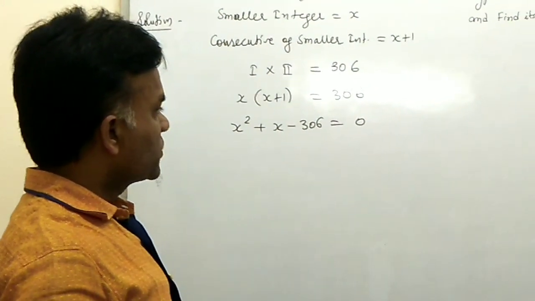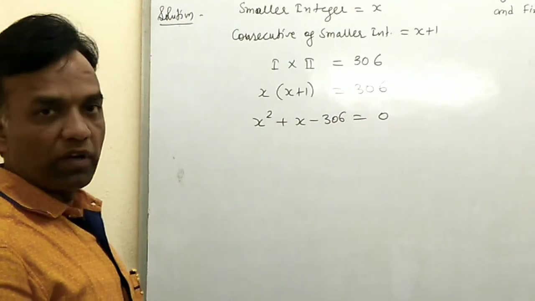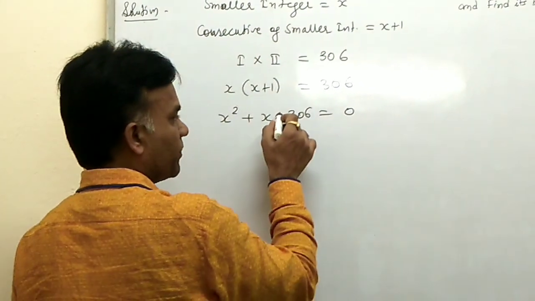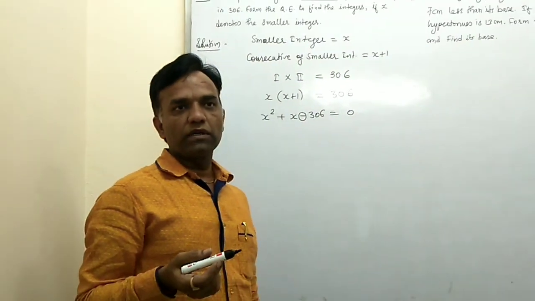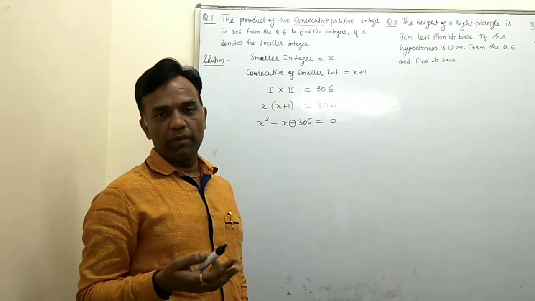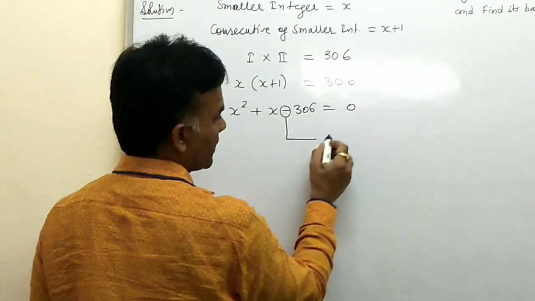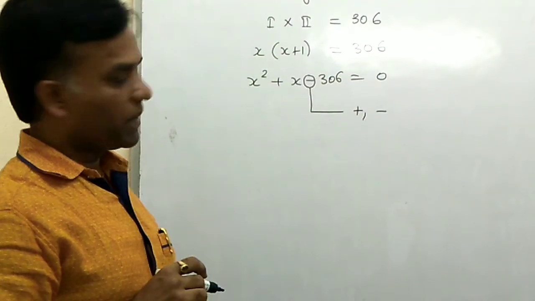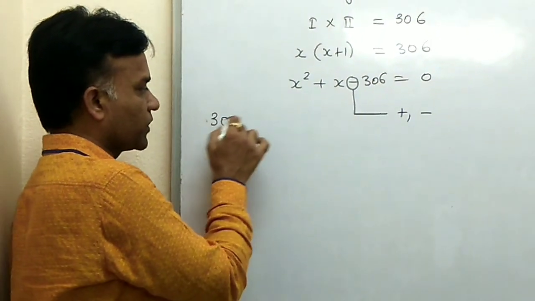Now you split and find the factors, because their product is 306 and you don't know the number. You can find the roots with the factorization method, the completing square method, or the formula method, depending on you. But your minus sign shows that the factors are one plus and one minus. That is very important. Here we use the factorization method, but we don't know the factors. What are the factors of 306? So first we find the factors of 306.